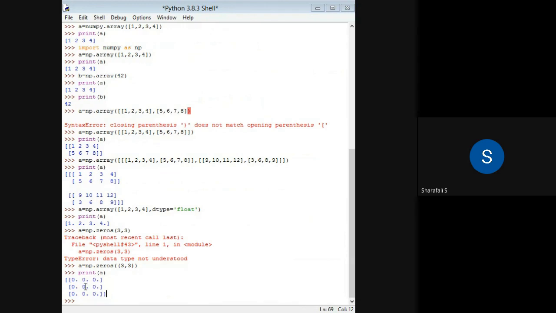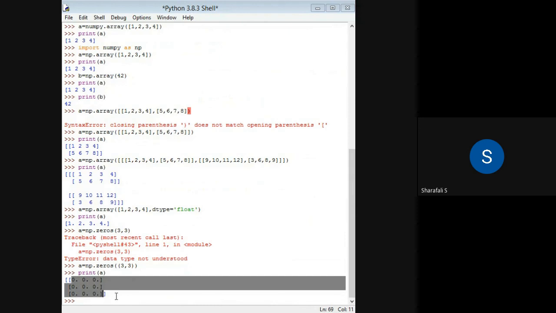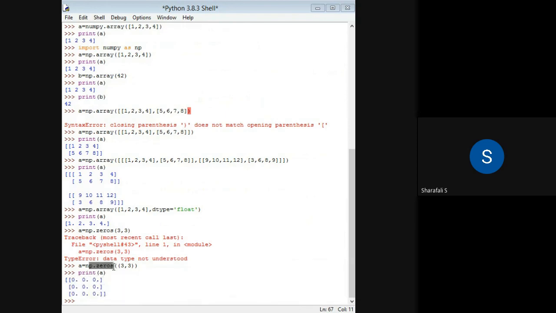We can see this is a two-dimensional array, and 3 by 3 is its shape. Now you can see that all elements are zeros, because we are using np.zeros. This function, np.zeros, fills zeros as the elements.